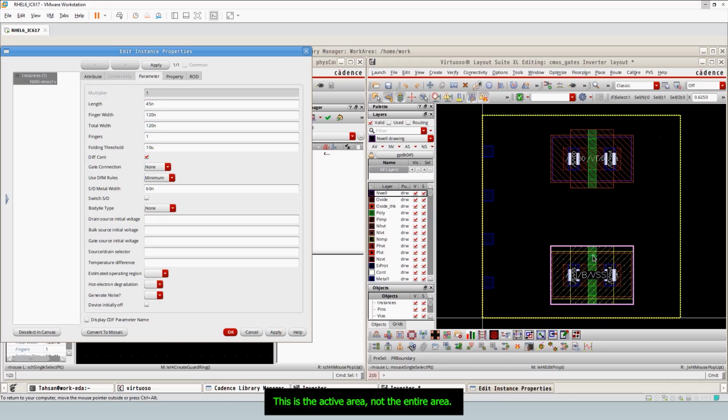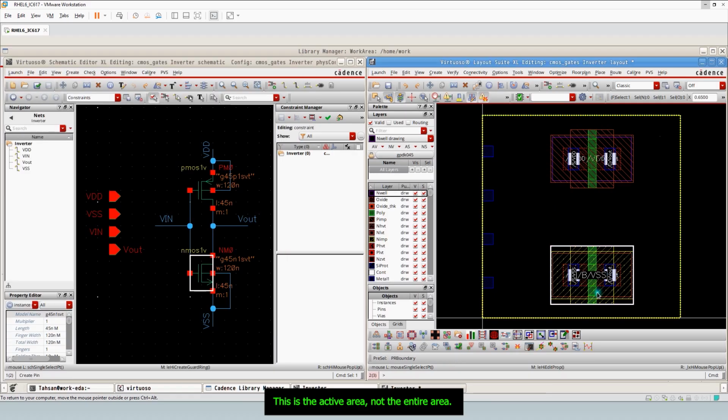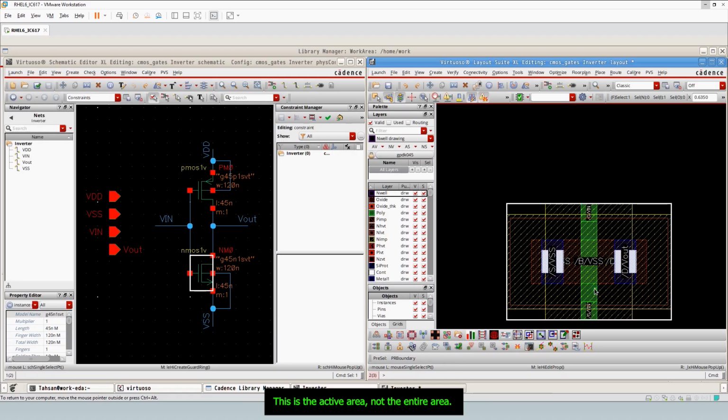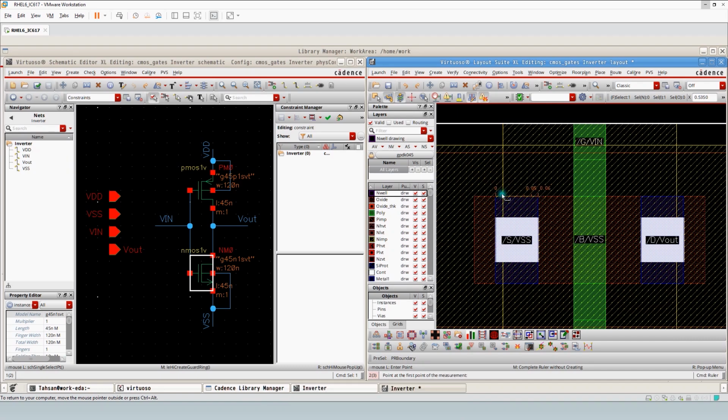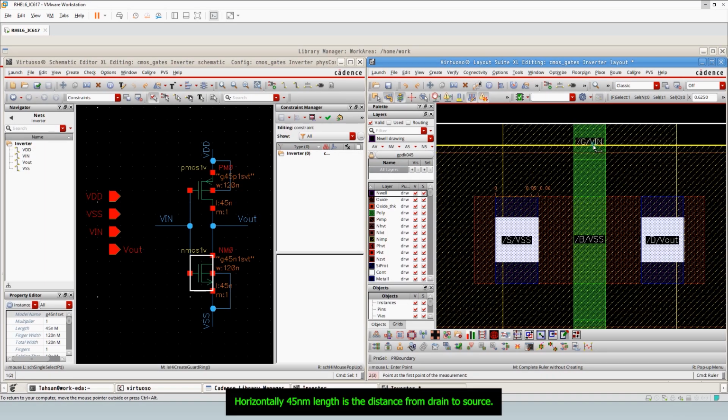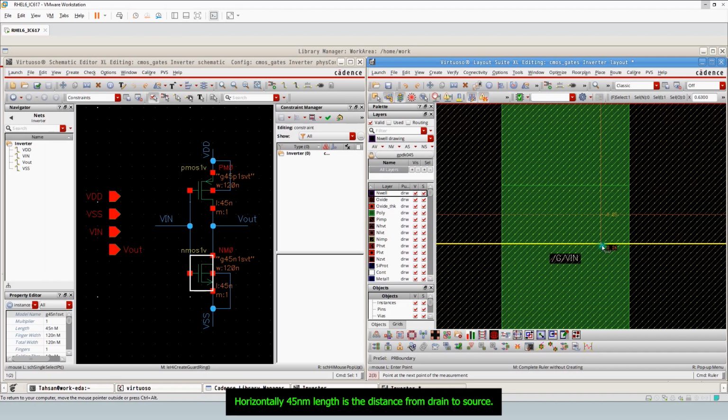This is the active area, not the entire area. Horizontally 45 nanometers length is the distance from drain to source.